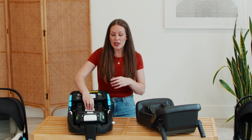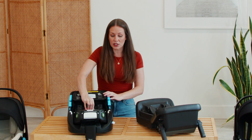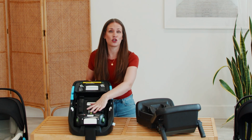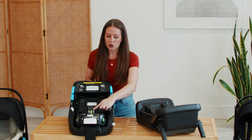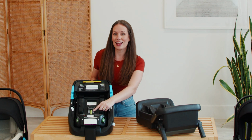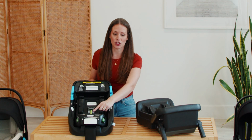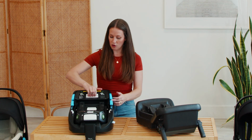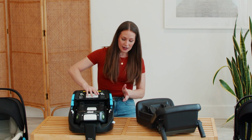Also for the Pipa, where we talked about potentially needing to use a rolled up towel or a pool noodle to get that ideal angle, the Liing base does have a multi-position recline and adjustment panel to really get the optimal angle of both your seat and your child in your vehicle. You've also got your bubble level indicators, which show you what the appropriate recline angle is based on the weight of your child. Next up, you've also got your belt path install for the Liing base, and you've also got